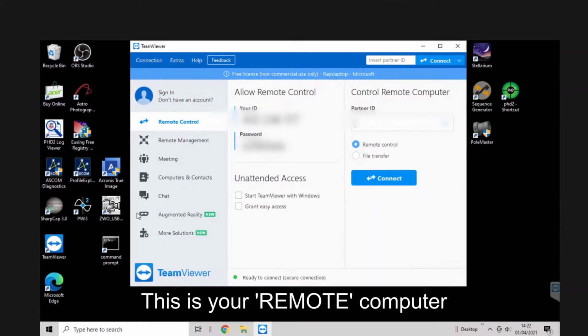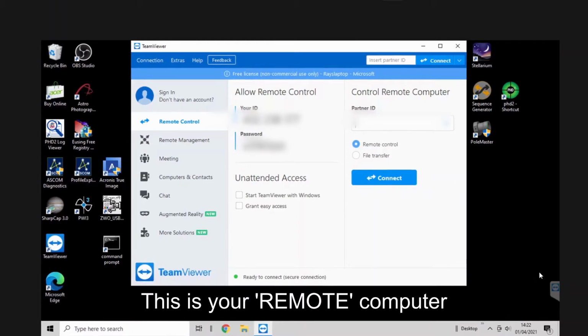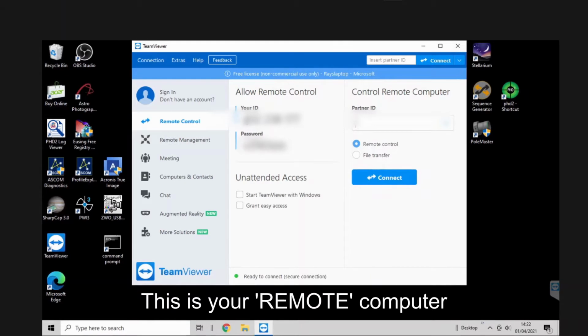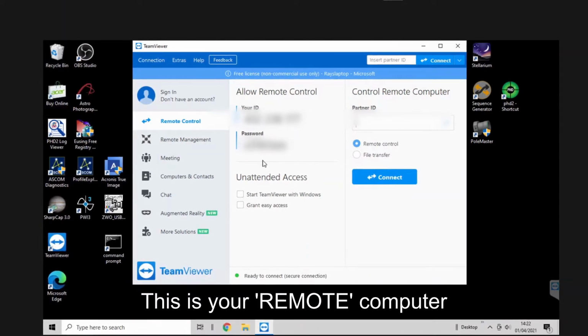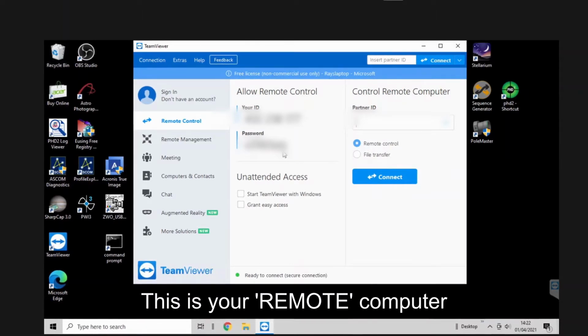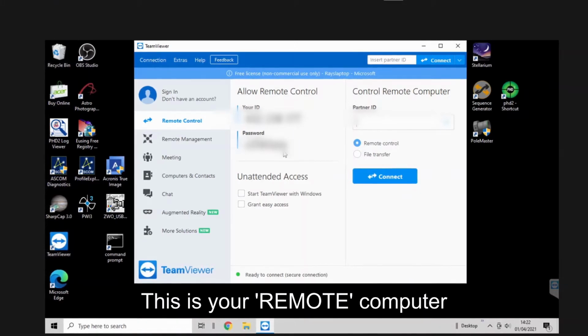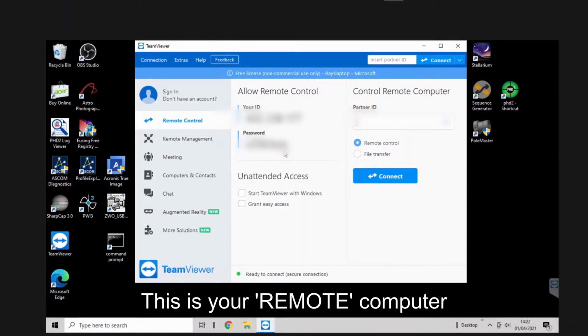and this is a view from my laptop, you'll see two things here. The first is the identification number, and the second is a password. Now you have to take note of both of these. Okay, so once you've taken a note of these, we go back to the application on our desktop or host